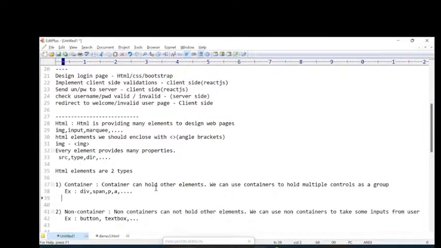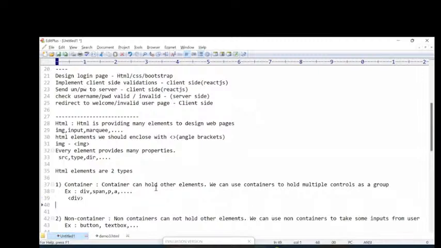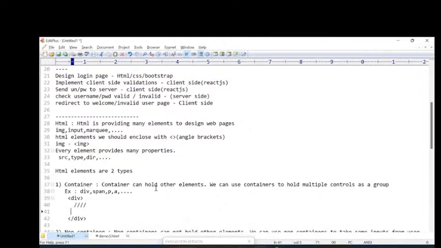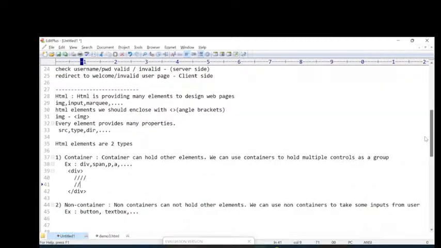Now containers, if you observe here, contain open and closing tags. Because between that open and closing only you can place other controls, yes or no? I told you we are holding other controls. How can you hold? If it contains the open and closing, then in the middle we can place the other elements. That's why